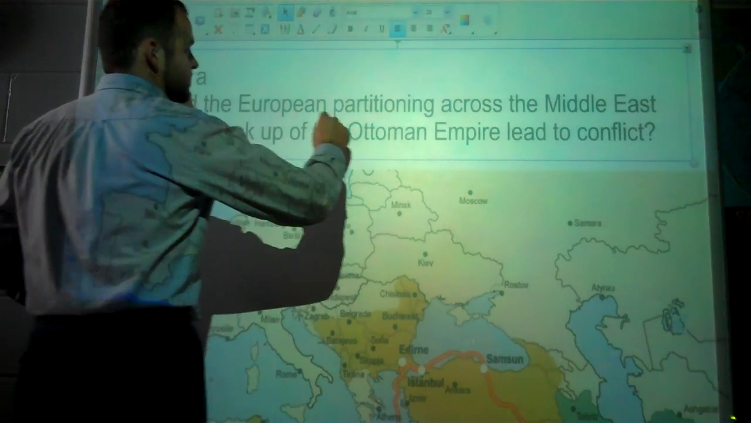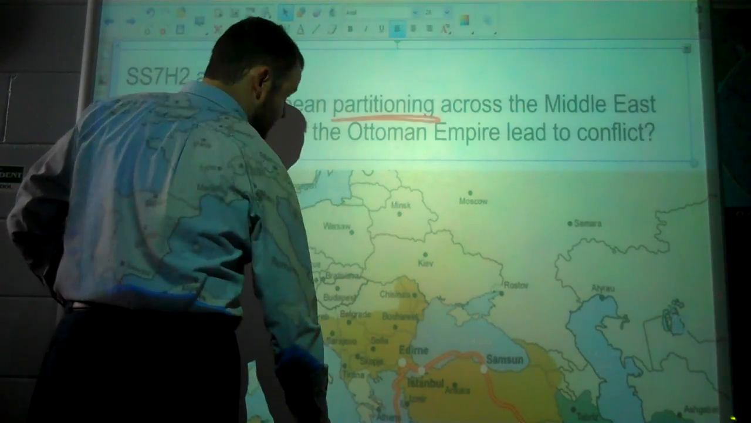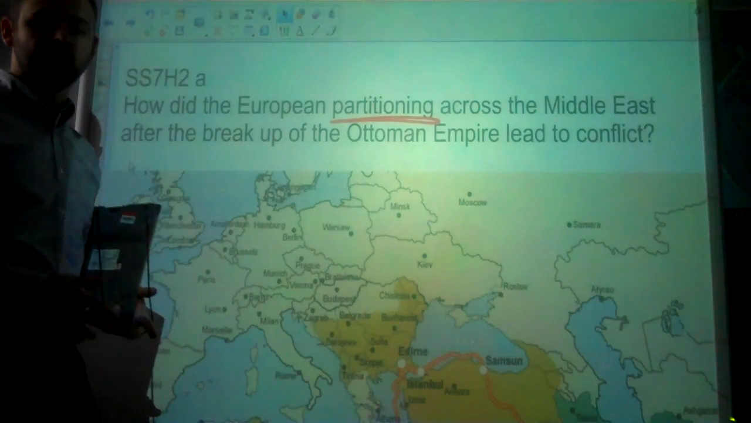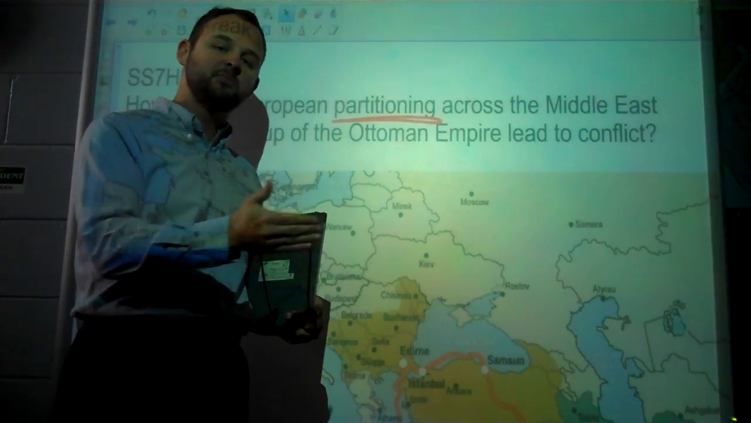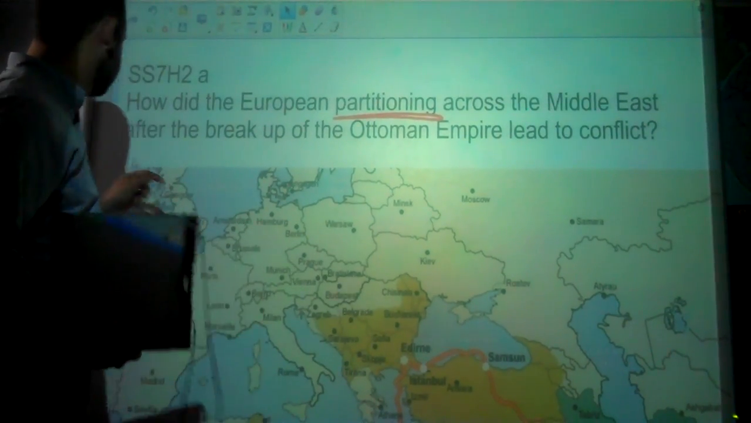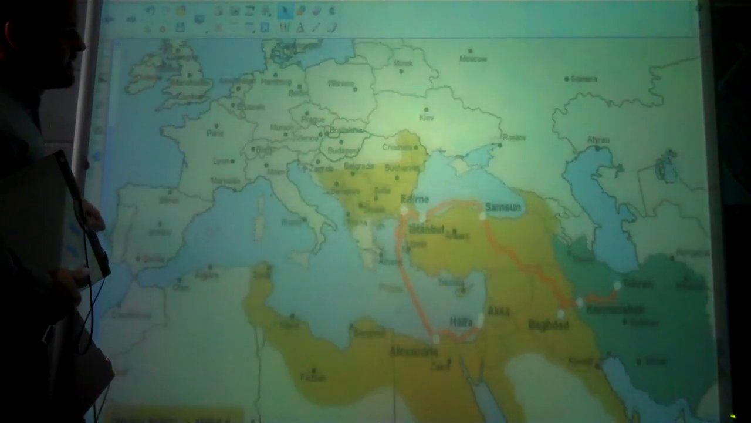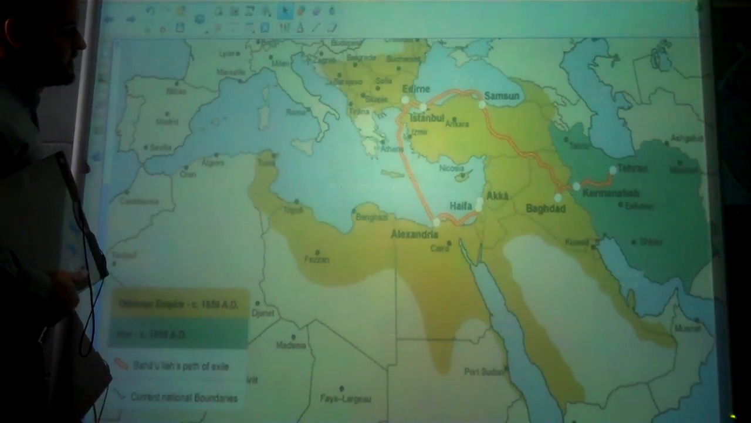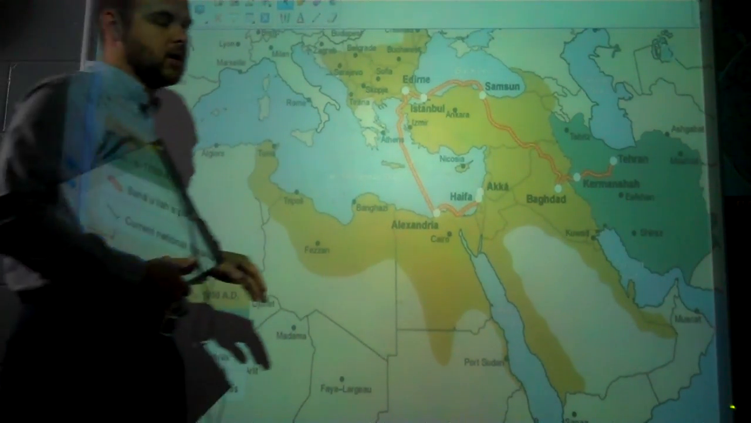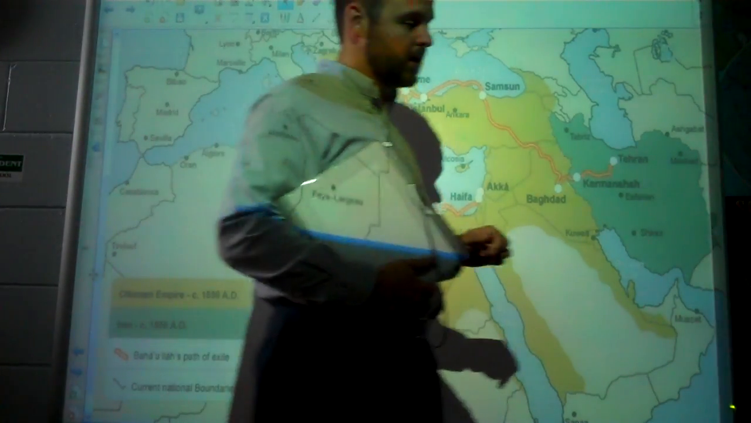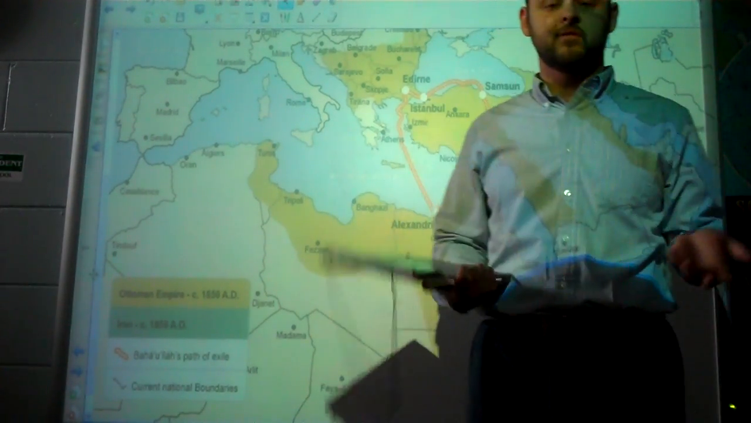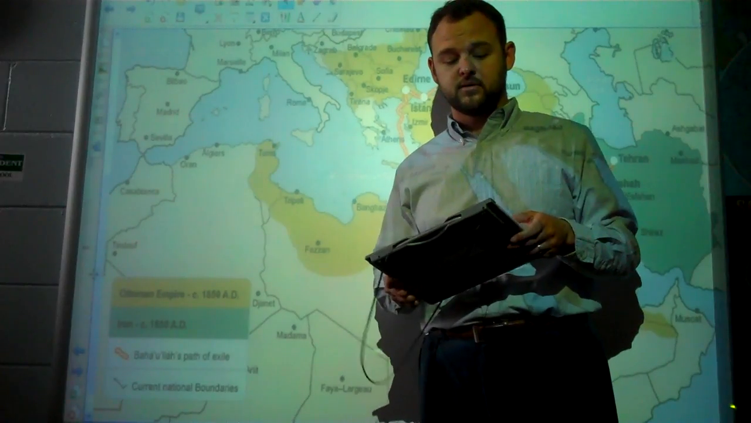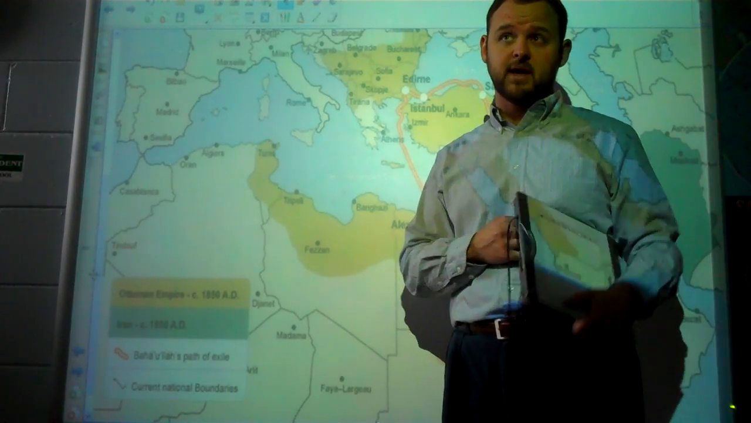Well, this word right here is real important. Partitioning means to divide or to separate. This shaded area was the old, what we call the old Ottoman Empire, and before we've never heard of that. Most people have never heard of the Ottoman Empire, or at least if they have heard of it, they don't